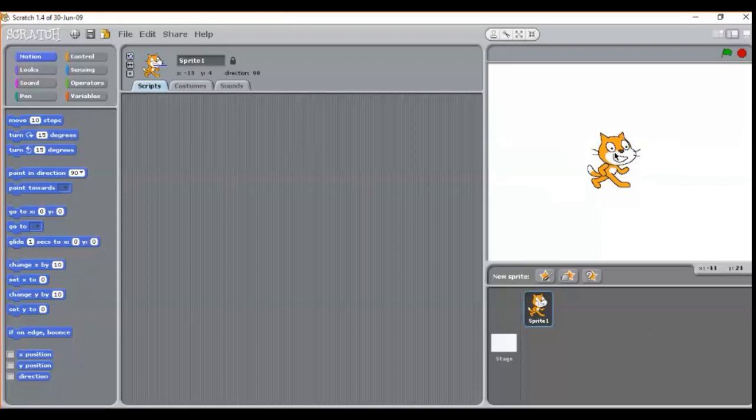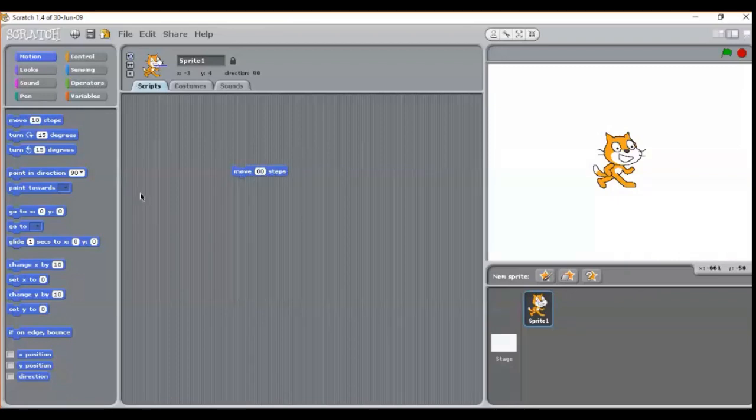Now presently we'll prepare a small animation just to move this cat. So I will use the motion block. In the motion block, I'll click on this move script, press the left key, keep it pressed and drag the script into the script editor. Now this script is to move 10 steps. So the cat will move 10 steps. Suppose I want to change the number of steps, if I want to make it 80, I can double click inside and change the number. So move 80 steps. So the cat will move 80 steps.